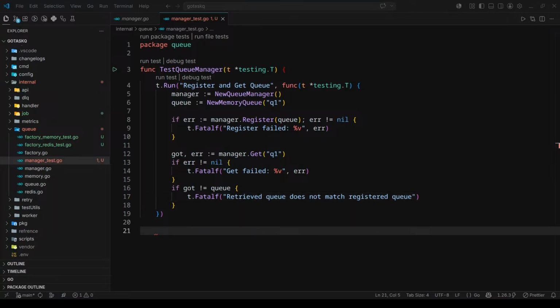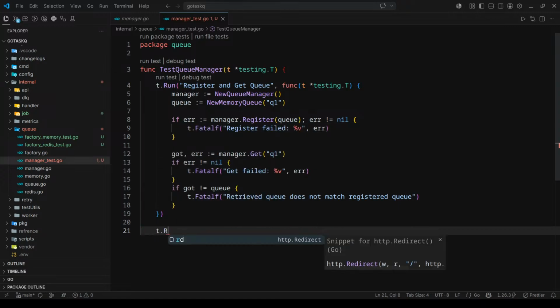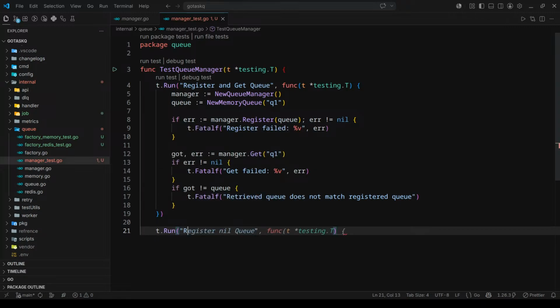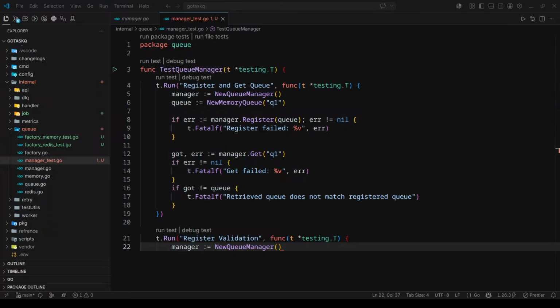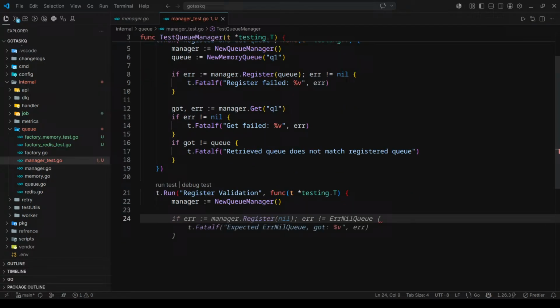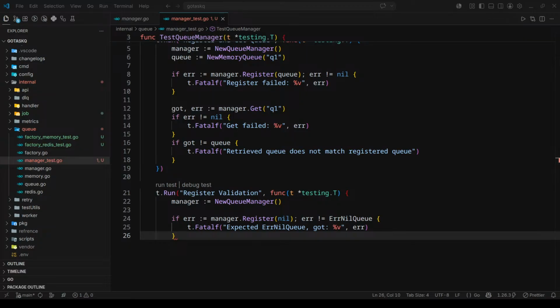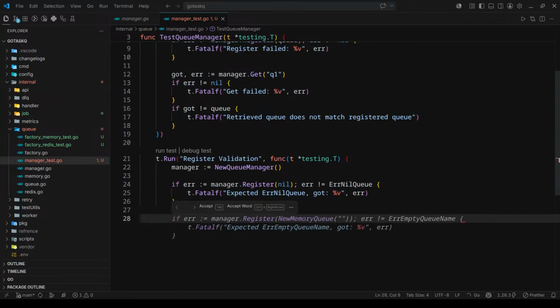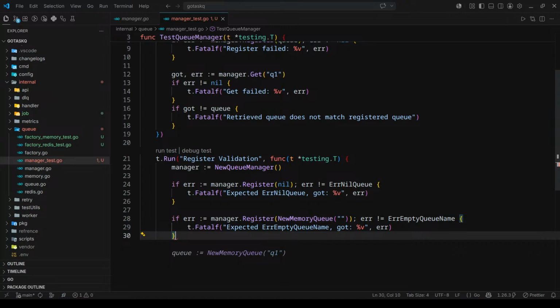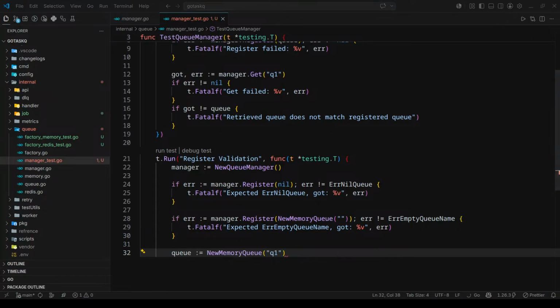So next we'll check for register validation. T.run register validation. We'll create a new manager. If error in manager, then error not equals to this, then expected error will be queue, got this. Then if error in new memory queue, that's a good one. Empty memory queue, there should be an error, which is empty queue name. And lastly, we will have a queue named this one,